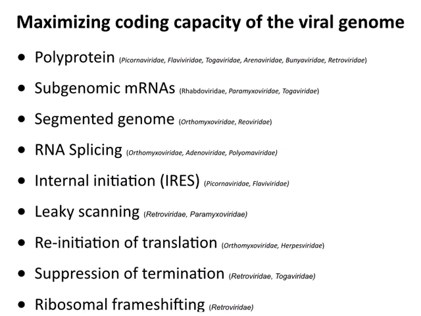Now, another way that virus infection alters the translation landscape is in an attempt to make a lot of proteins from small genomes. Many of the viruses we've talked about have relatively small genomes. They don't encode a lot of proteins, or they can't. So viruses have evolved to try and maximize that coding capacity. And these are a bunch of ways that this can be done. We'll talk just about a few of these.